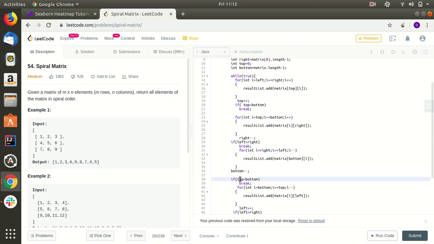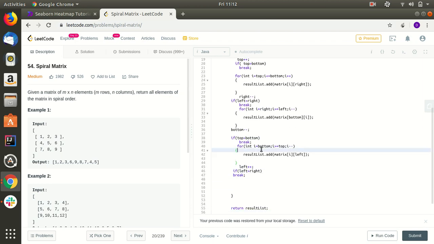So if top is greater than bottom, break. For i equal to bottom, yes, bottom is as of now this row, i greater than or equal to top, yes, it is true, 2 is equal to 2, and i minus minus, so we are adding the elements.